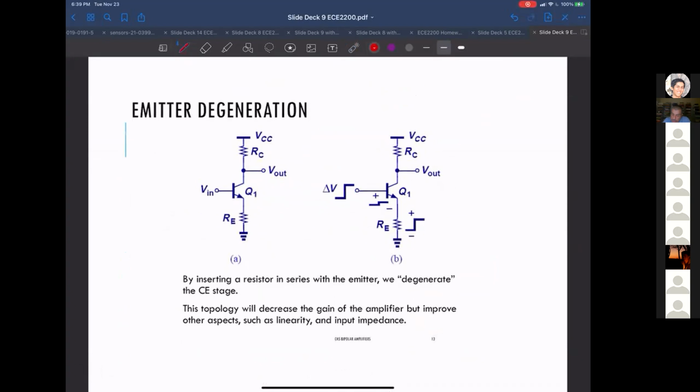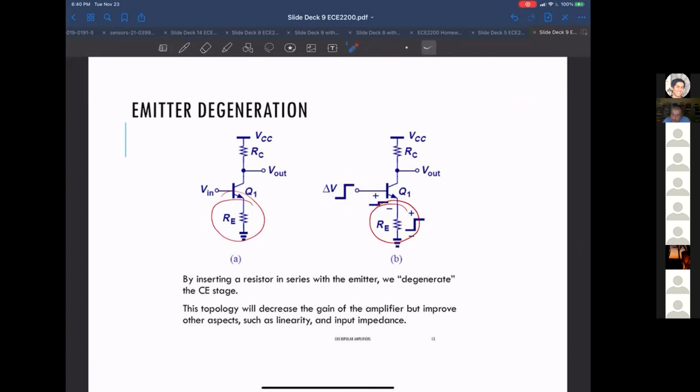Let's just, to give you guys an overall view of it, this is kind of the same idea we talked about when we talked about the biasing, the effect that this emitter resistor has on the biasing. And it's the same idea for the gain in some sense: if you have an input voltage,